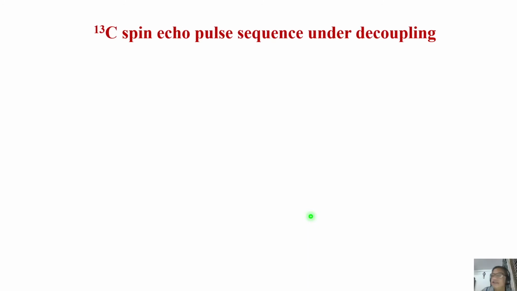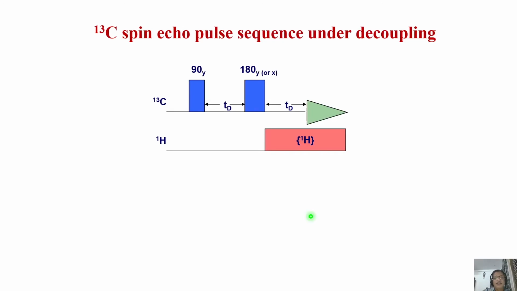Okay. So now we will see the 13C spin echo pulse sequence under decoupling. See, this is the 180 pulse sequence. We understood what is going to happen. Now I want to see the 13C signal. This pulse sequence I apply. I am going to detect the signal with decoupling. I explained to you, when I am looking for carbon 13 NMR, normally we do broadband decoupling and detect the signal, right? This is the pulse sequence. This is the spin echo sequence, and then we are collecting the signal here with proton decoupling. In this channel, we are going to apply the decoupling.